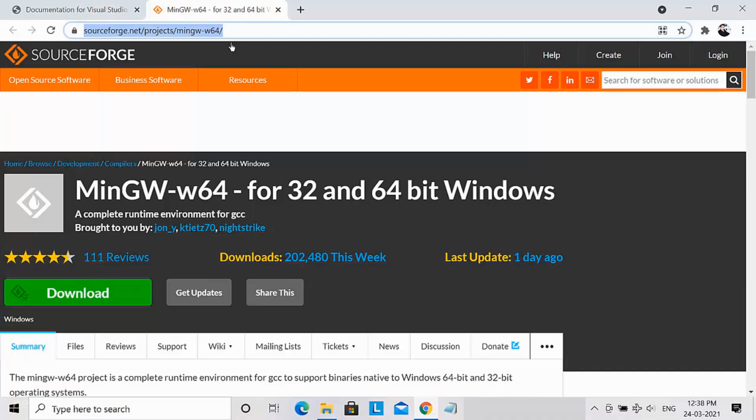When you go to that link which I have mentioned, this is the page that will open, and here you see you have the download button, and when you click this, it will get downloaded to your system. Once it is downloaded, you can just double click the setup file and that will begin the installation.